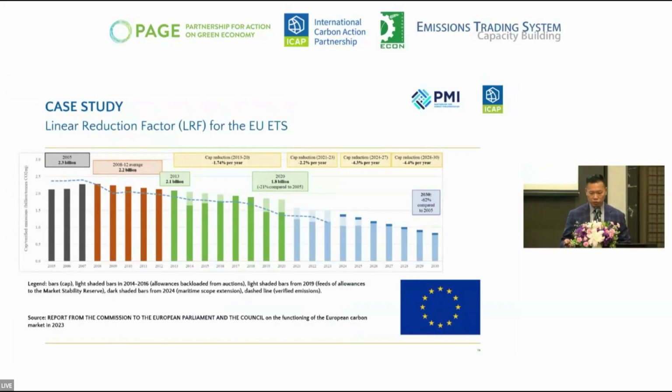Okay, two case studies. We can see the EU, when they launched the ETS, it's always absolute cap. It's always an absolute number. And we can see the trajectory of the cap till 2030. And as Leon already mentioned, right now there is another review going on. We may see some changes in the ETS after 2030, but there's always an absolute cap reduced every year,